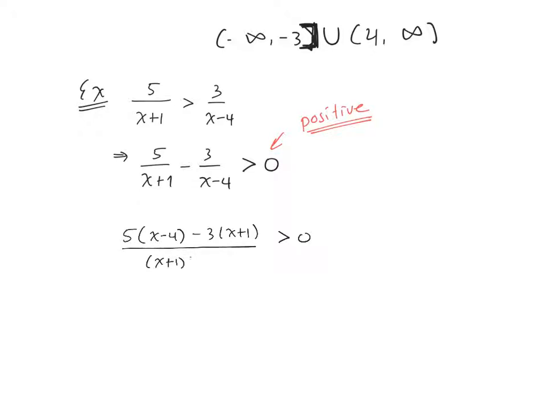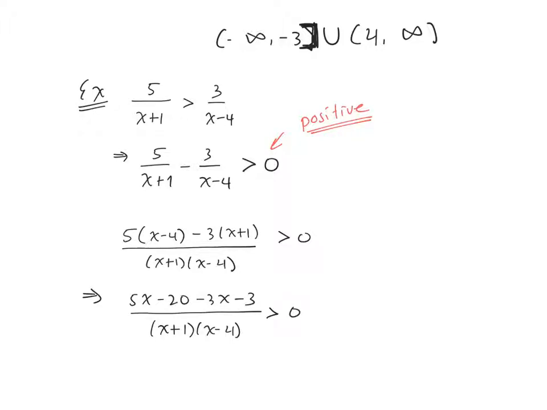The LCD here is x minus 1 times x minus 4. We simplify the top, you get 5x minus 20 minus 3x minus 3. And on the bottom you have x plus 1 times x minus 4 greater than 0,